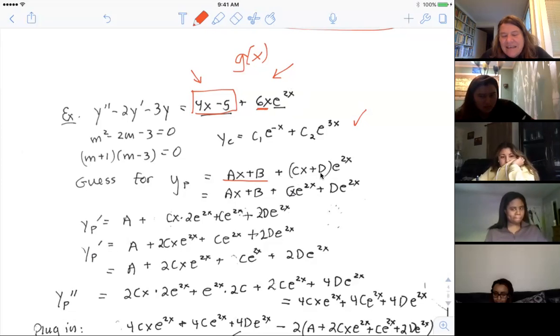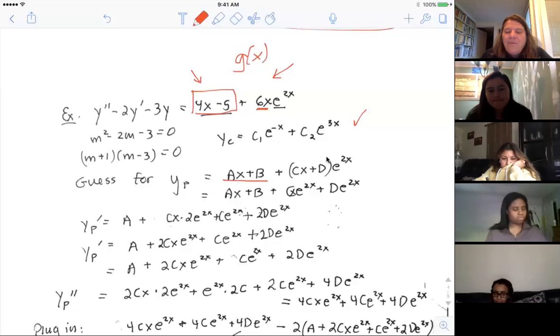It skips d. The reason it skips d is because of some of that operator notation we were talking about a week or so ago. Right now, I'm just considering it as any constant. I found myself doing that and thought I shouldn't, because it might look like an operator. In operator notation, this would be saying d, the derivative of e to the 2x. In just multiplying by a constant, it's just the constant times e to the 2x. It's not operating on e to the 2x at all. So my bad on that, but you will see your books kept A, B, C, E, F, G when it needs these things, without using the D. Okay, so that's my guess.